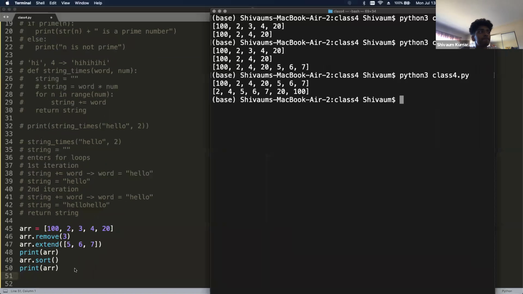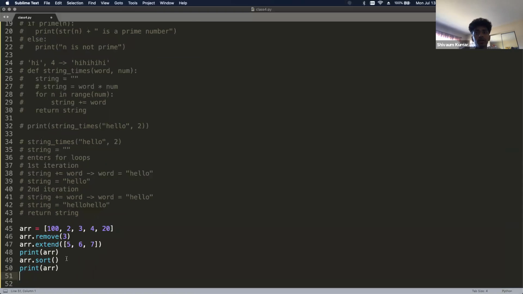But basically you can call another function on this array where you say array.insert. Let's say I want to insert at index 3 the number 55. So this is how the insert method works. You say at which index you want to insert, and then the number that you want to insert. So for example, I can just comment these out for now.